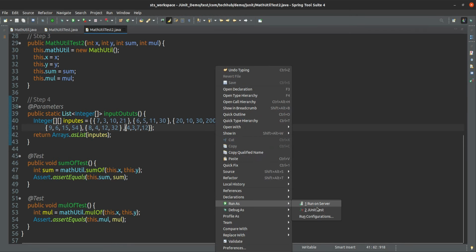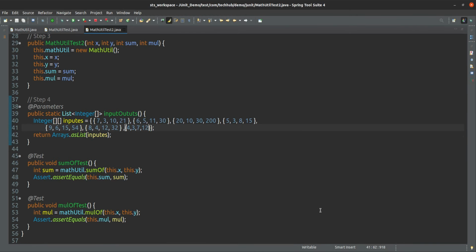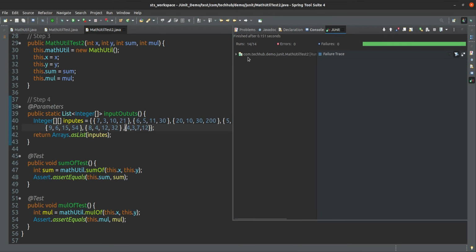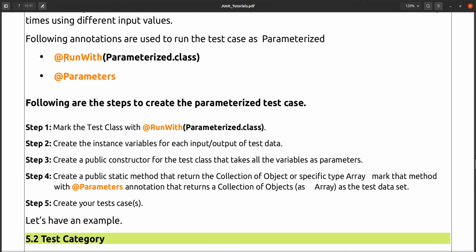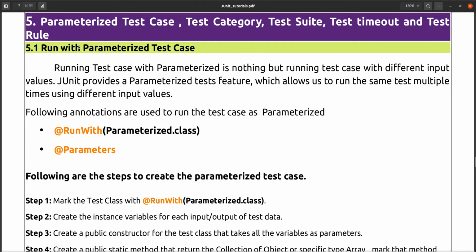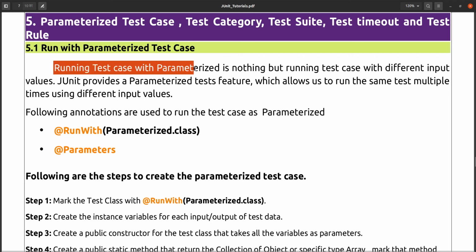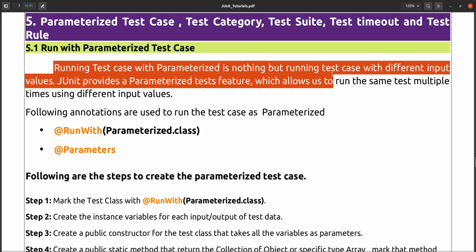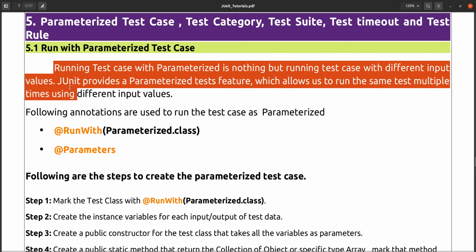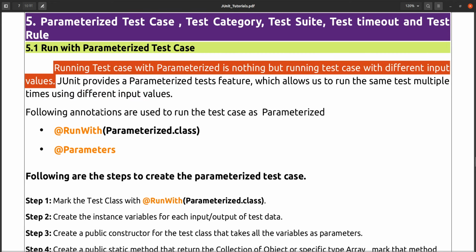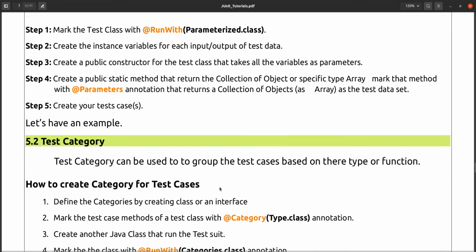Now there is no limit on how many inputs; whatever you want you can give here, and all those inputs it will take and execute. So this is called a parameterized test case, running with different inputs. Running a test case with parameterized is nothing but running the test case with different inputs. That's it. So this is called a parameterized test case.